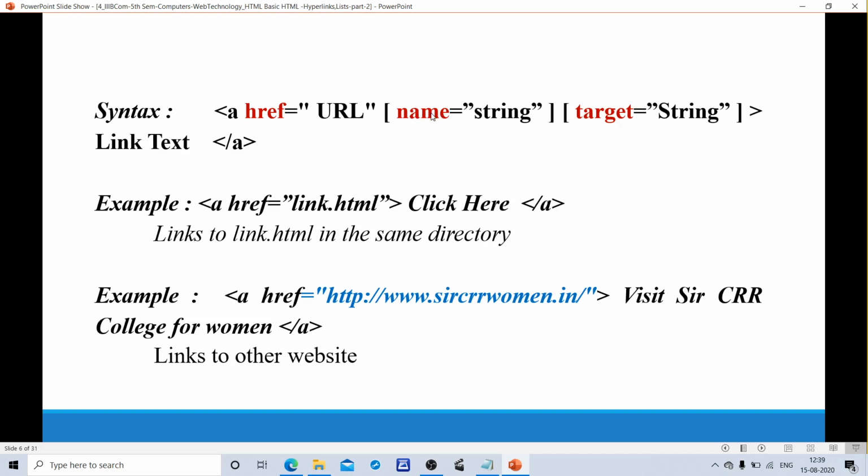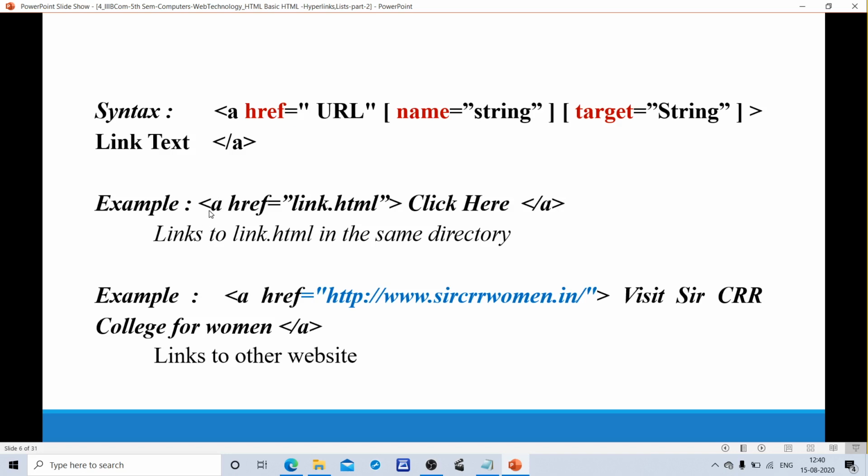Optional attributes are name and target. The name attribute: name equals string. The target attribute: target equals string. This is the text displayed on a link, the link text. Finally, close the anchor tag.